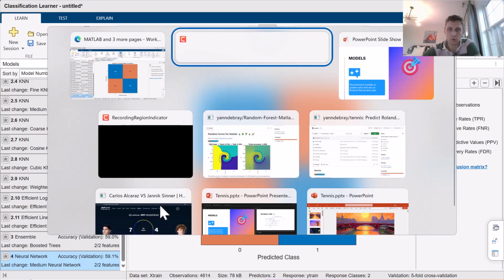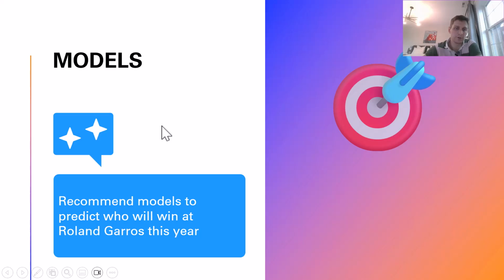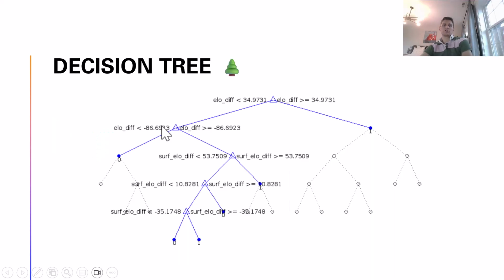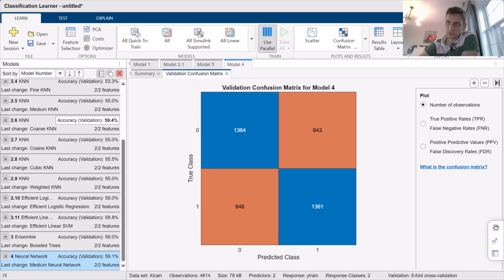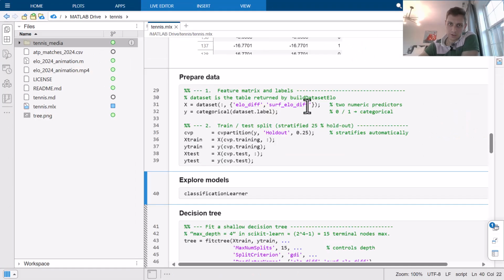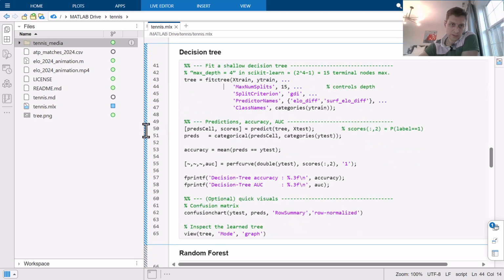Okay, so now let's look at the different models that have been suggested. So decision trees one, we have a decision tree over here. I've actually replicated all of the code programmatically in MATLAB, as you'll see here in the notebook. So if I remove this app, I can also look at the decision tree that I've been using. Let's see how it performs. Control Enter,